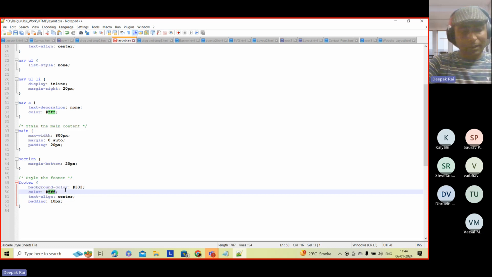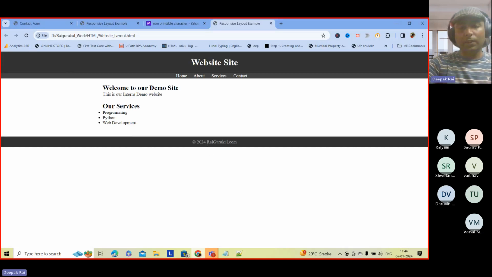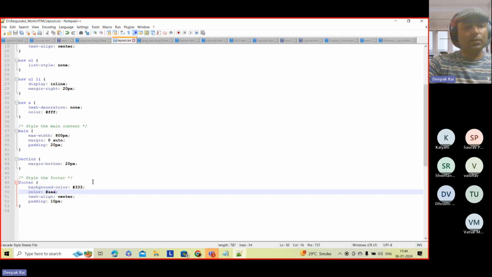But if you want AAA, that will get changed. See this, the color got also changed. So this is how you can build your CSS, and for